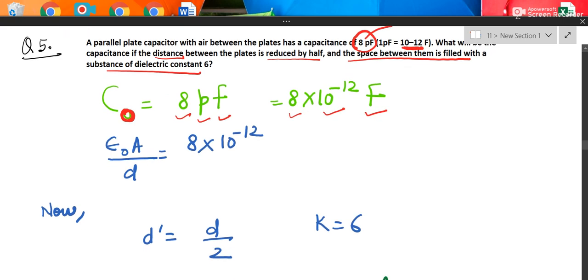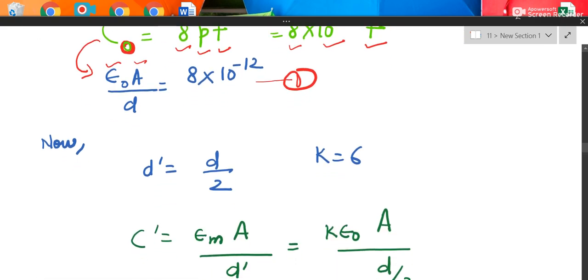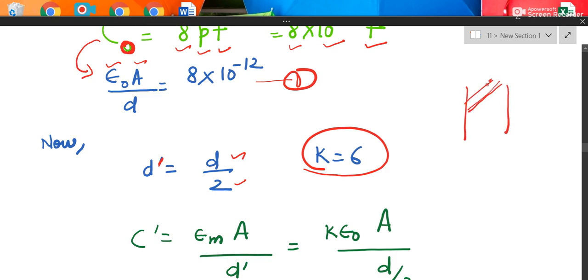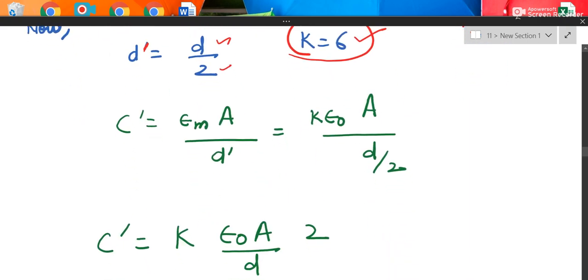Now what is the formula of capacitance? I have written epsilon naught A by D. Now they are saying this distance is halved. So the new distance is half of the original distance, and what is inserted is a dielectric substance of dielectric constant K. So the new capacitance will be